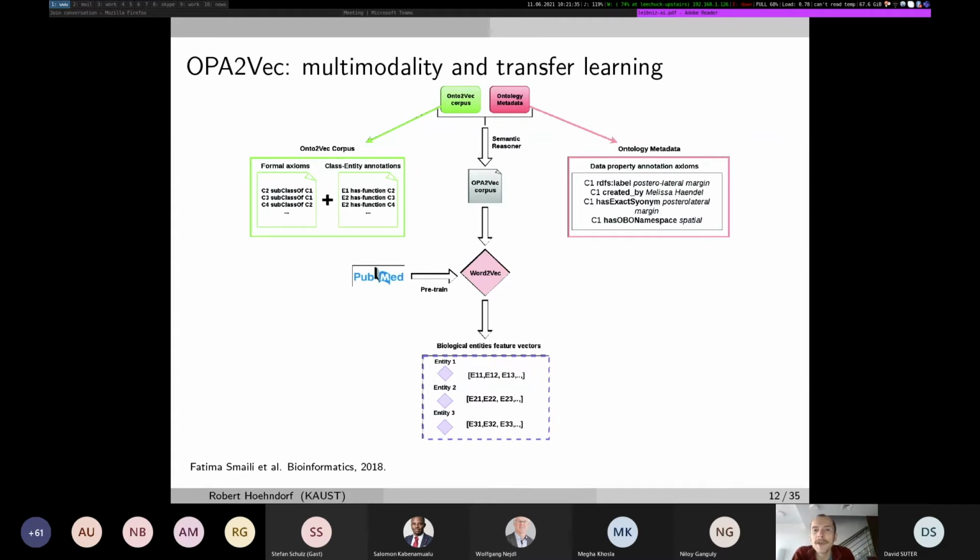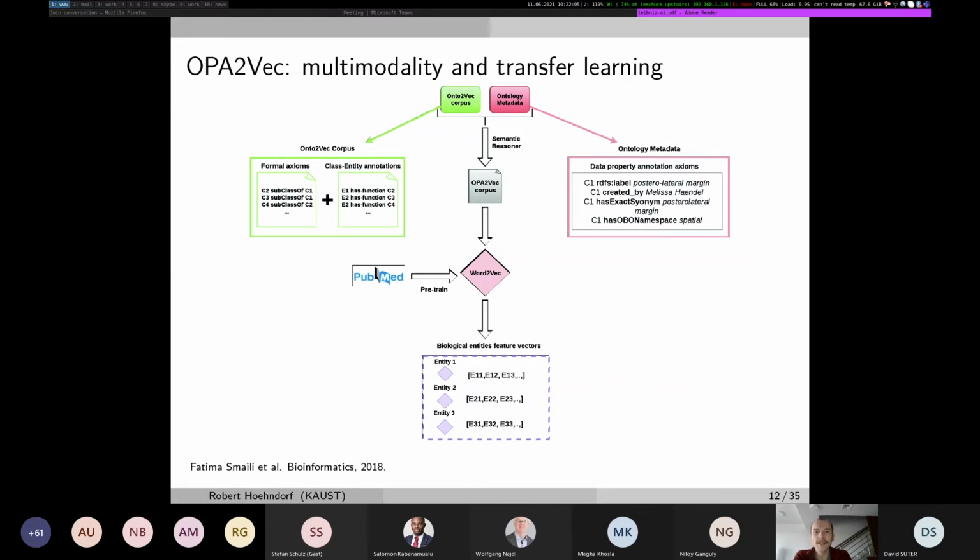So then we apply an automated reasoner, either HermiT or ELK, depending on the type of ontology, and we apply a deductive closure here, use our pre-trained model on PubMed, and train a word2vec or a language model here. And in the end, we get an embedding for the classes and instances in our knowledge base, which combines information in the axioms